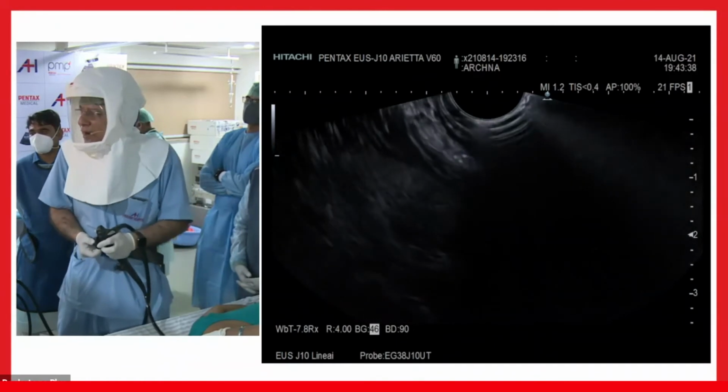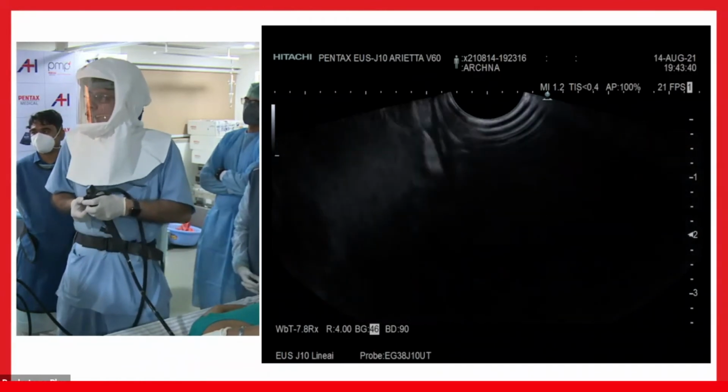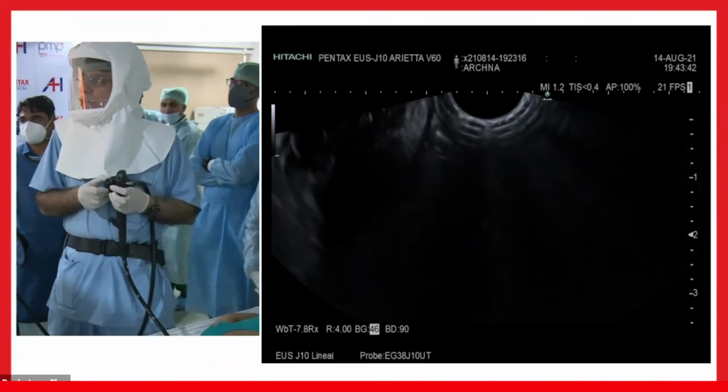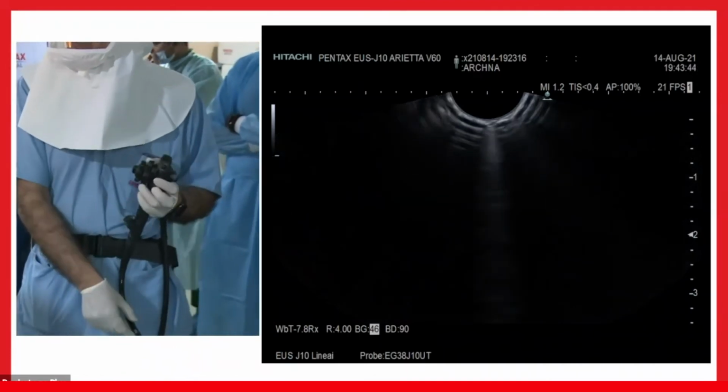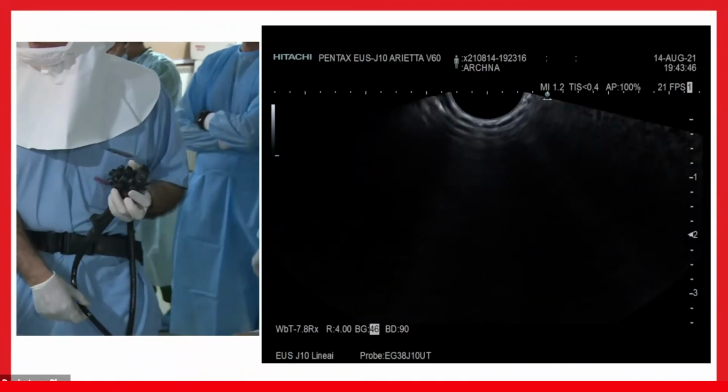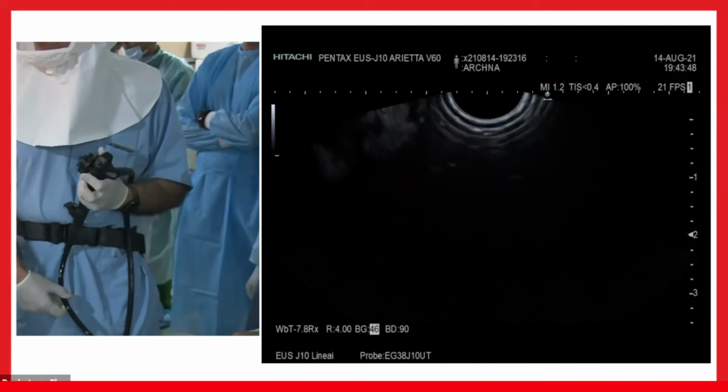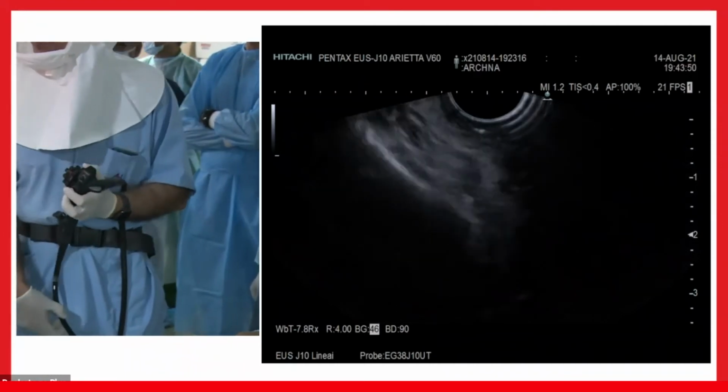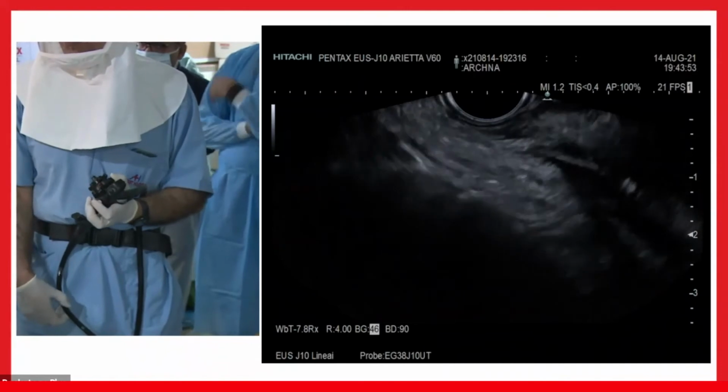She would ask, if my bile duct was dilated, why did you not open me? Why did you not do it? So this is the ampulla that I am seeing. The stone has already passed out, but the bile duct is tense. And ERCP can be done because I am able to negotiate.